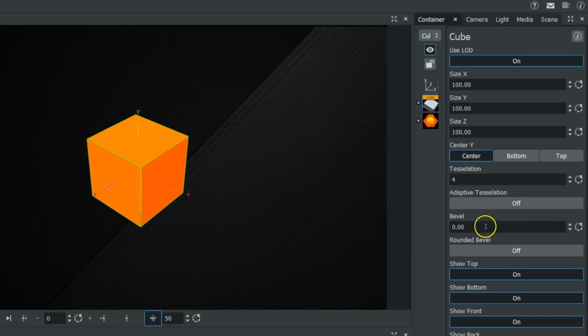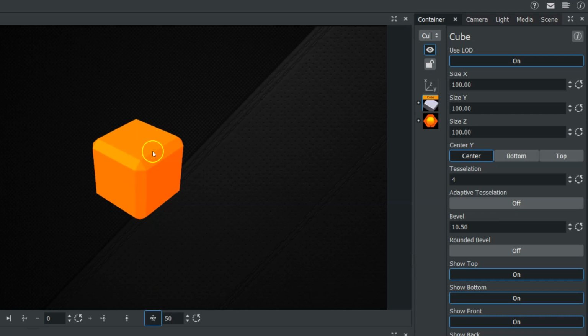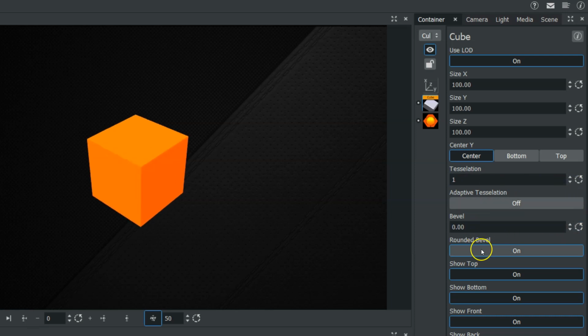Now the cube has a bevel, so we can come over here and bevel it. And if we turn this bounding box off, you can see the bevel, how it's affecting that. Now, if we wanted to round that bevel, we could turn the rounded bevel on here. If we wanted to round that even more or get a little bit more detail, we could increase the tessellation of that bevel. So if we come down and just reset all of these again